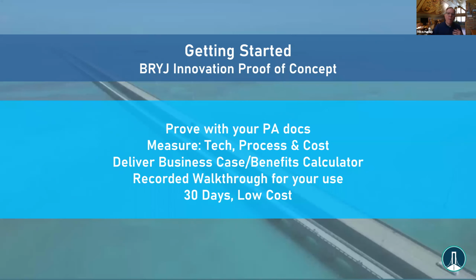So we typically sign a business associate agreement with our customers and then build a system just for their documents in this solution. Then we measure the heck out of it. How did the technical accuracy work for these documents? How did the workflow work to improve the process? And most importantly, for a lot of business decisions these days, what's the cost like? What's the cost benefit? What kind of quantitative benefits am I going to see? What kind of qualitative benefits? What are the assumptions we're making in this model? We provide all that, we show all our math, and we believe that's the way to go. People should be able to make informed decisions, not faith-based purchases.